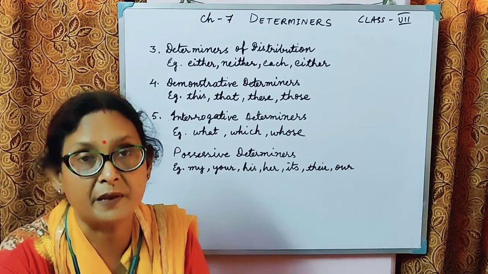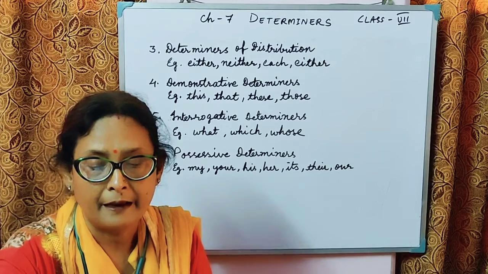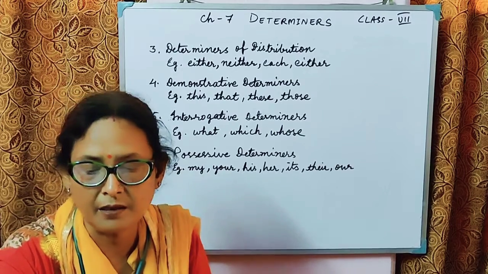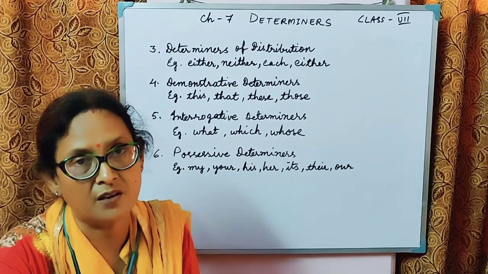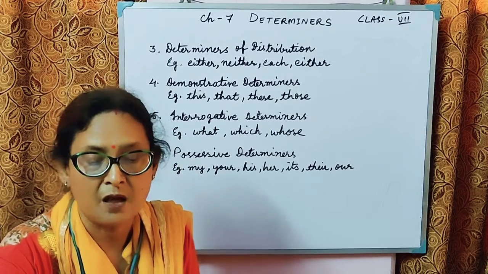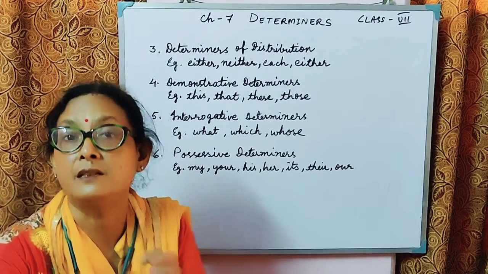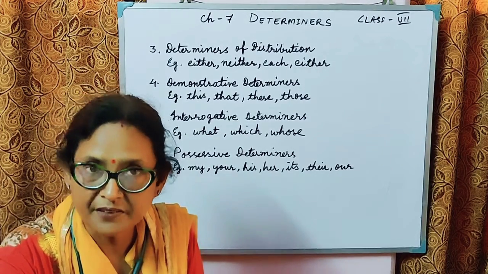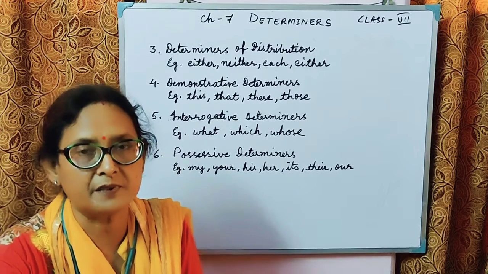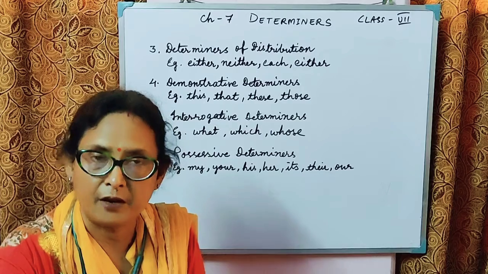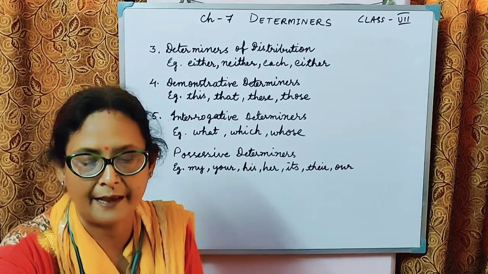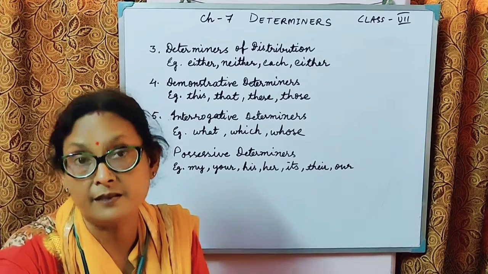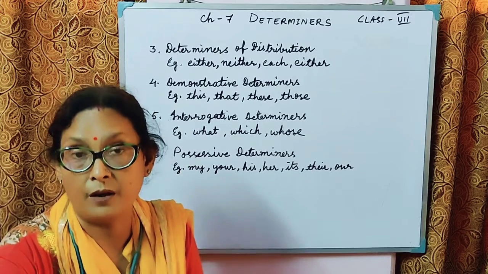Like, of course, in specific we have the definite article the, like the book is on the table. Now I'm talking about that book only that is on the table. Demonstratives are also used for specific, like this, that, these and those. When I talk about this pen, I particularly mean this pen only, not any other pen. That, those children. Okay, all specific use. And also possessives, when we are talking about possessives, they are also used in a specific manner, like my, your, his, her, its. So when I talk about our house, yes, specific, I mean our house only.